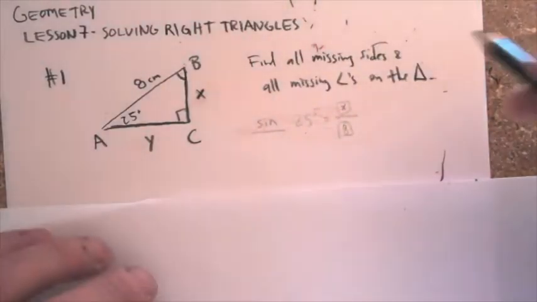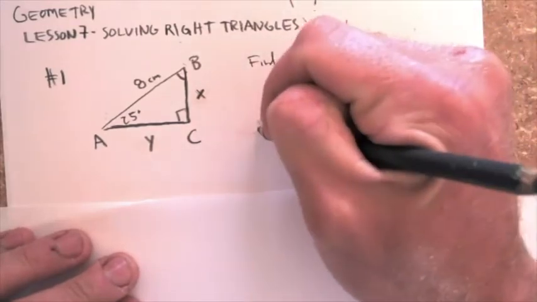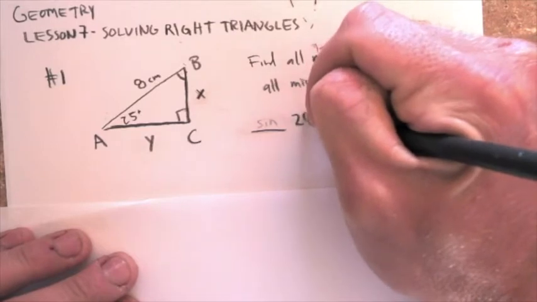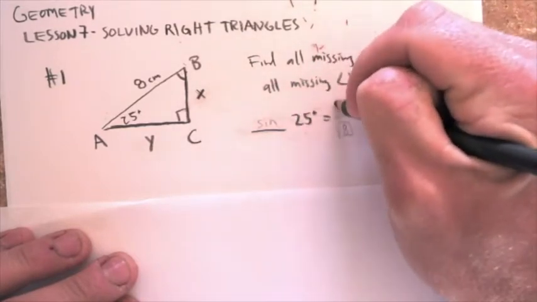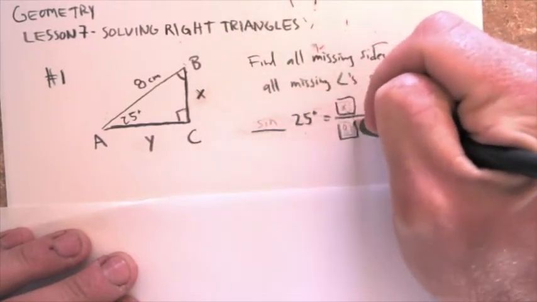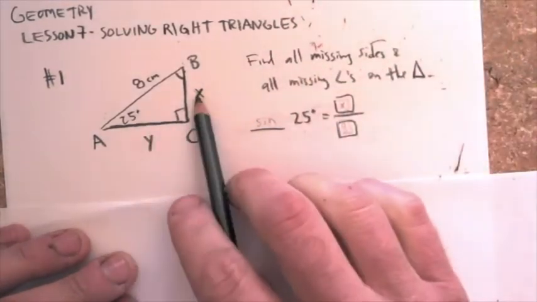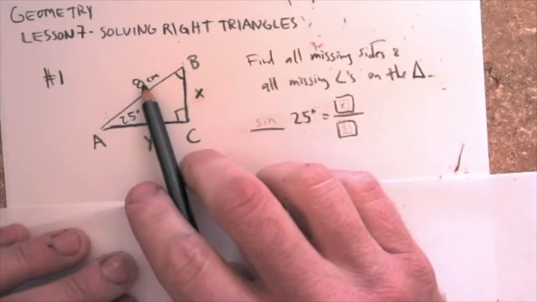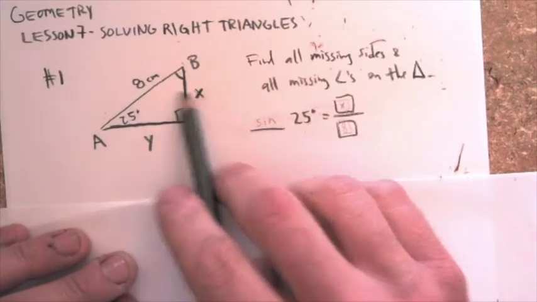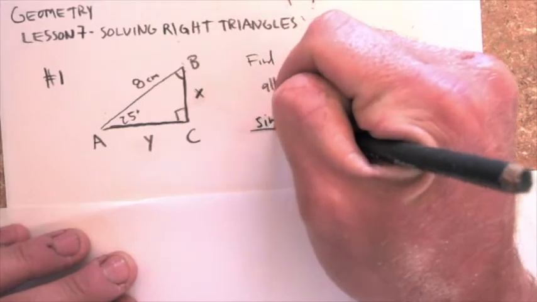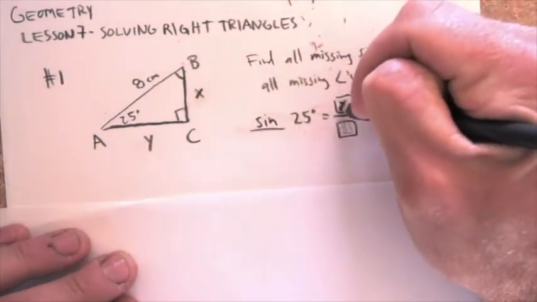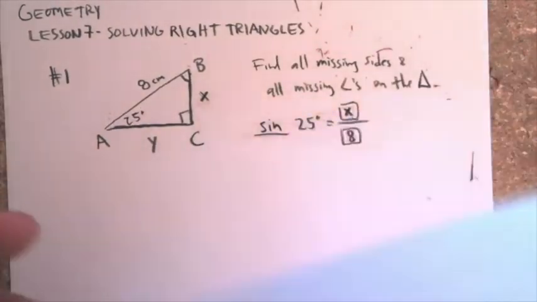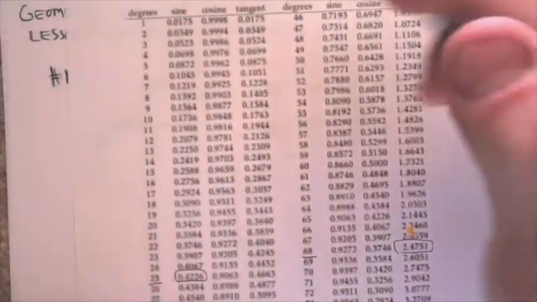Okay, I'm going to start by finding X. You can kind of see I started doing it here already, but I messed up. So here we go. Remember, something 25 degrees equals something over something from last week. If I'm trying to find X, we're talking opposite and hypotenuse. Have those definitions handy. Opposite and hypotenuse is sine. And opposite is X, hypotenuse is 8. So there's the setup. Okay, go to your trig table, sine of 25,